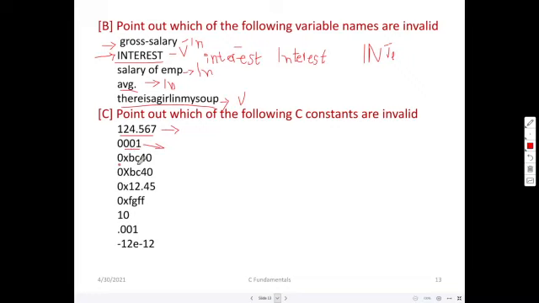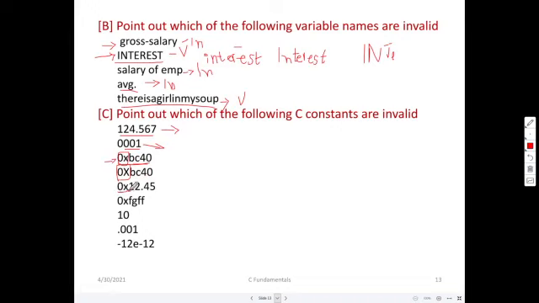Okay. How about this 0x BC40? What is this? Is this a constant? Yes, my dear friends, when it is preceded by 0x, then BC40 is a hexadecimal number. And how about this 0 capital X? Yes, this is also allowed. As far as hexadecimal is concerned, small x or capital X, it will accept it and take it as a hexadecimal value.